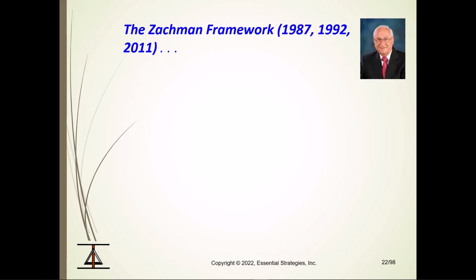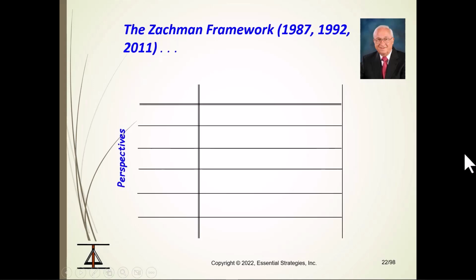Mr. Zachman's original insight was recognizing and reflecting different perspectives on information architecture. These he set out as rows in a matrix. Beginning at the top, he cited the perspective taken by the Chief Executive, looking at the enterprise as a whole. This is the perspective that recognizes the identity, that is, what the enterprise means to the world. From here, he moved to the business manager,